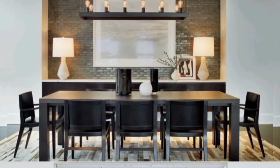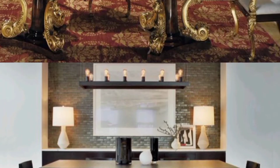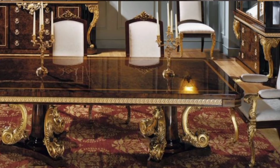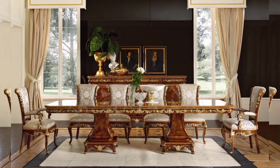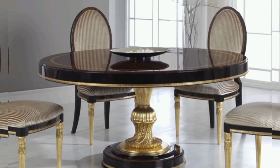If you are a fan of farmhouse aesthetics, a farmhouse style dining table might be the way to go. These tables often feature turned legs and a distressed white finish, and they look stunning when combined with classic leather